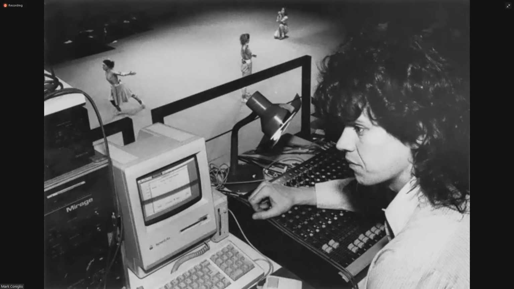That's me in 1989 with a Macintosh Plus, 128 megabytes of memory, because I had invented a piece of software to allow me, the dancers there are wearing a piece of hardware that measured the movement of their limbs, and it sent that on a wireless connection to this control center where I was, so that the dancers, through their movement, could make music, so that they were actually both musicians and dancers. And that's really